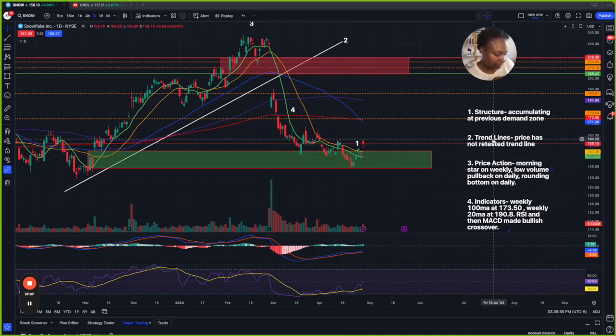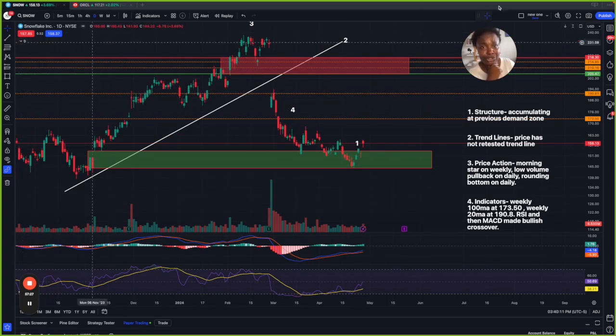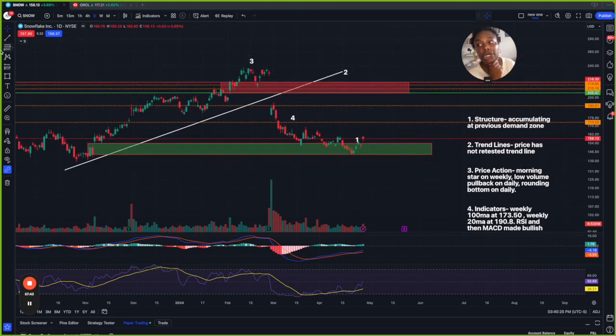So this one is on, but not quite. It's accumulating in this demand zone, but we did get us a little breakout of there, right? It has not retested this trend line here that it initially broke, the initial primary trend line. Let me take all these averages off. We don't need computer generated indicators. All right, so Snow is sitting right here where price was gapping down to. I'm gonna be honest, I don't like any of this down here, especially not on Snow, not as a swing trader.